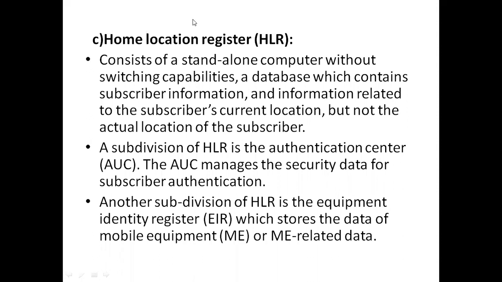So that means when the subscriber moves from one location to another location, the current location may also change, because he moves from one place to another. So what is the current location of that subscriber and the information of the subscriber? All the data is under the home location register, that is HLR, but it does not contain the actual location of the subscriber. What is the actual location? That is the home location. So it contains the current location information. Okay, so that is about HLR.